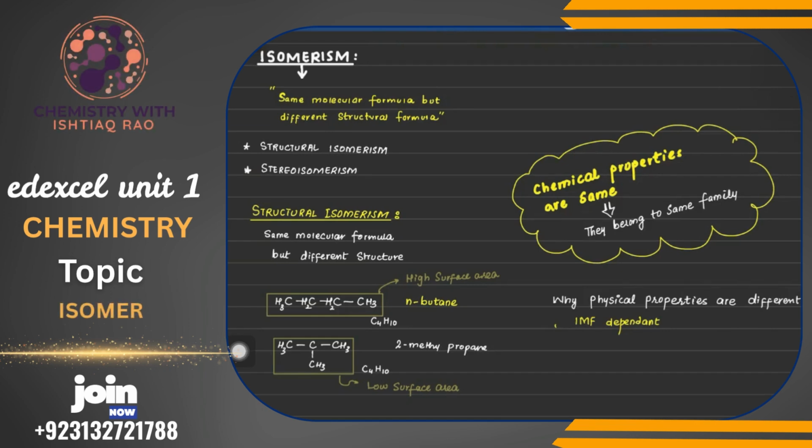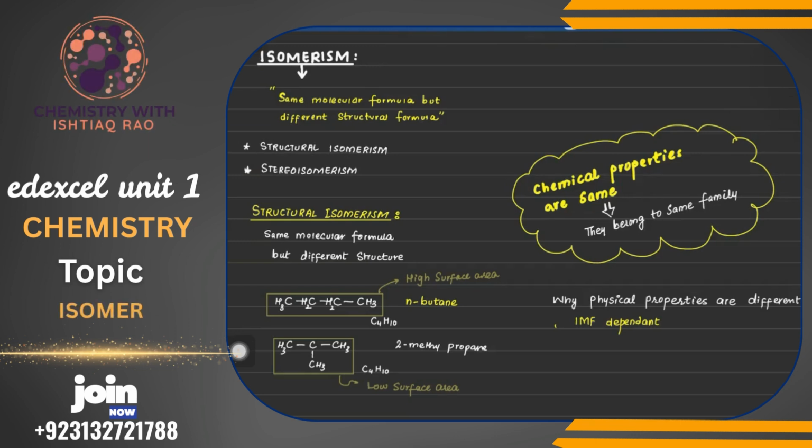As I told you, for the isomer, the molecular formula is same, but structure is different. Okay, so their chemical property would be the same, but physical property would be different. You know why? Because in chemical bonding we have discussed